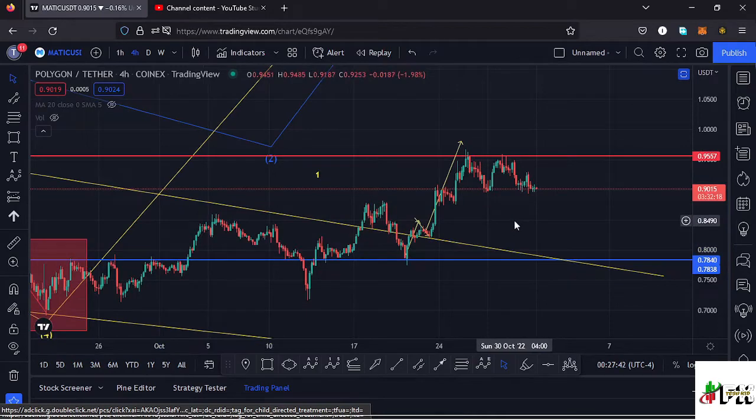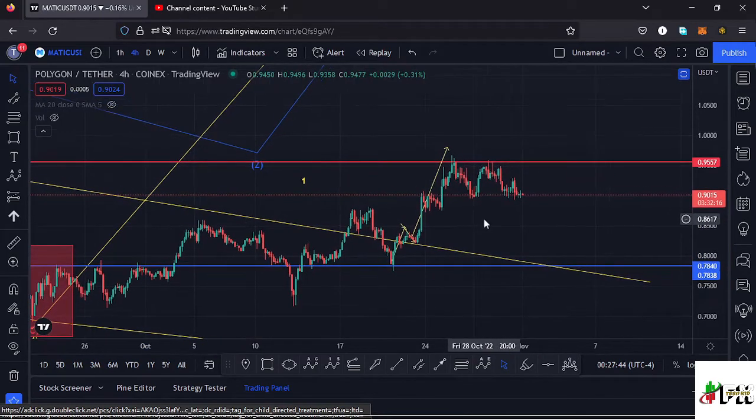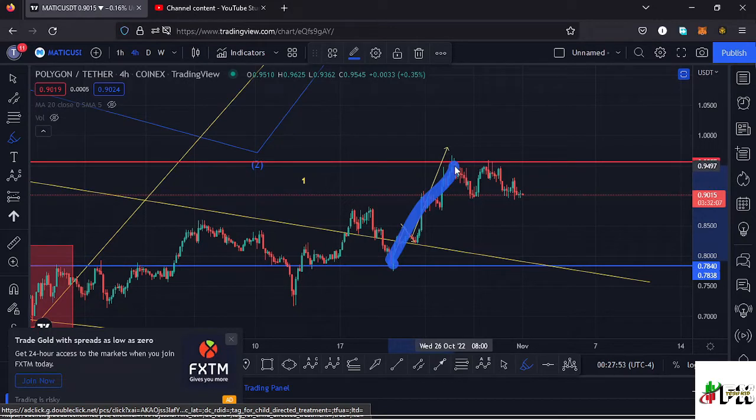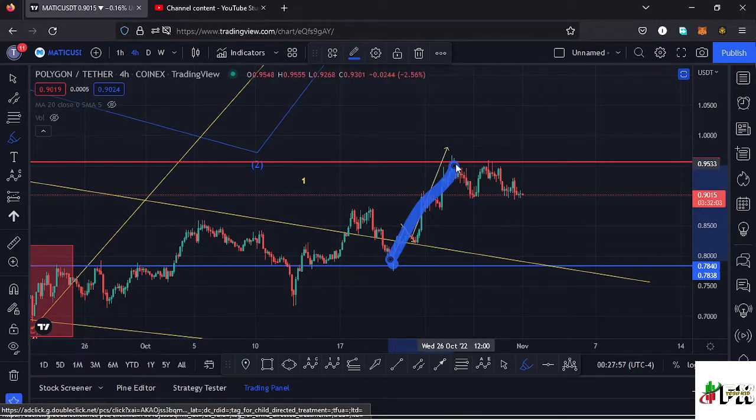The other key chart pattern that we have information on right here is a double top, and if I draw it out, you can see we had this movement to the upper side, pushing even higher, getting to around the $0.95 mark. We made our high at around the $0.96 mark, then saw a bit of a retracement to the lower side, then tried to continue pushing higher back to that key area of resistance at around the $0.95 mark. And right now we are seeing another pullback in this movement right here,